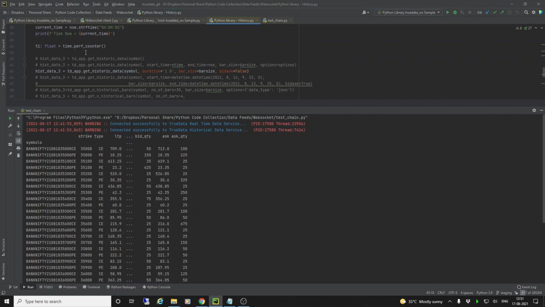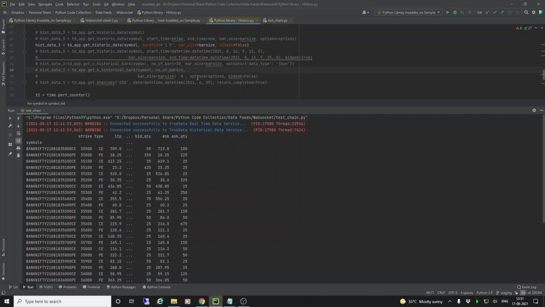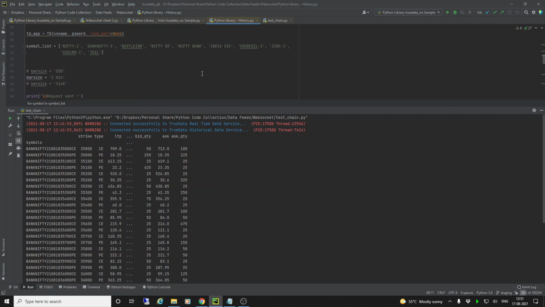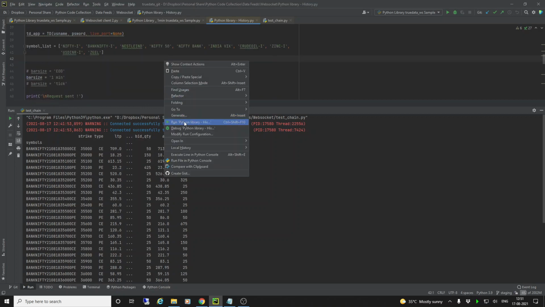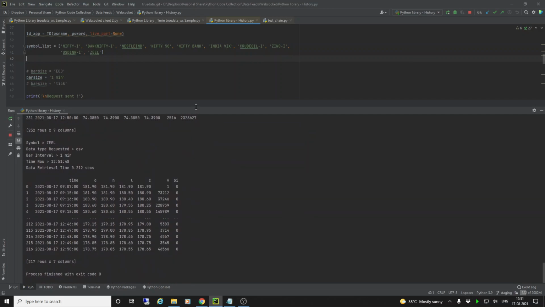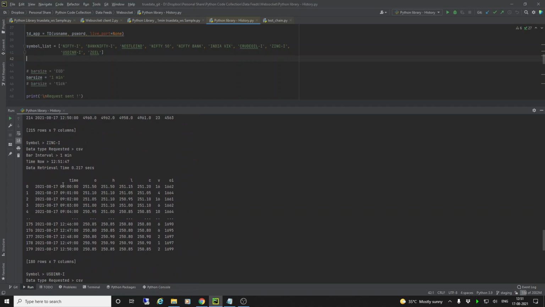And I'm calling for 1 day's data. All these things are given in the README, the various ways you can call the data. You can change the bar size, or you can call the number of bars for 1 minute and EOD. For 1 minute and EOD, you can set the number of bars and call them. So let us just call these 1 minute bars for these symbols and see how they are coming. So there you see all the data has come. Already all the data for all these symbols has come for the current day.